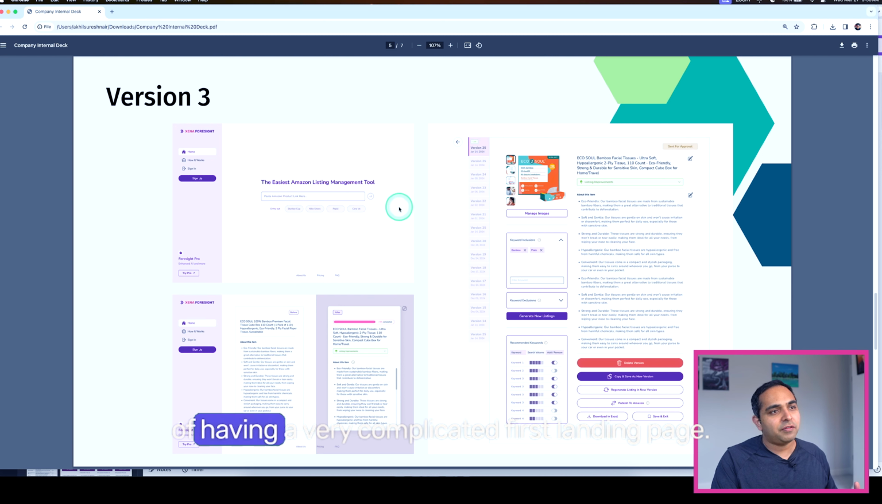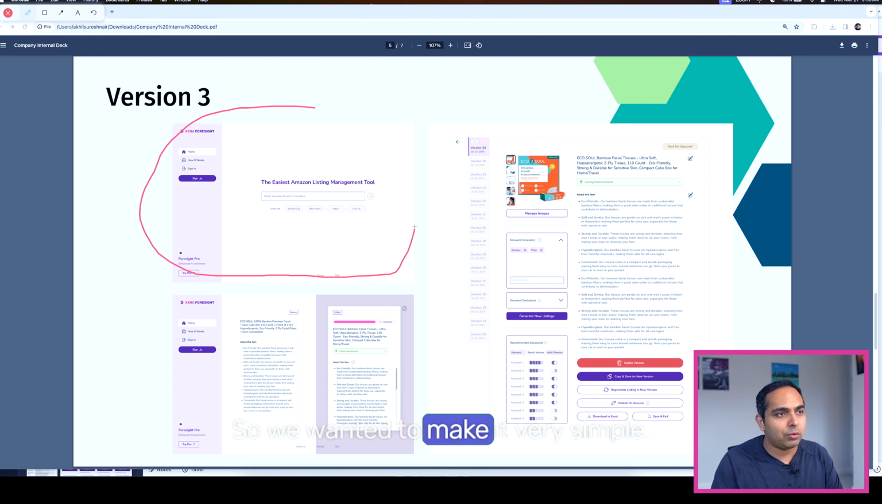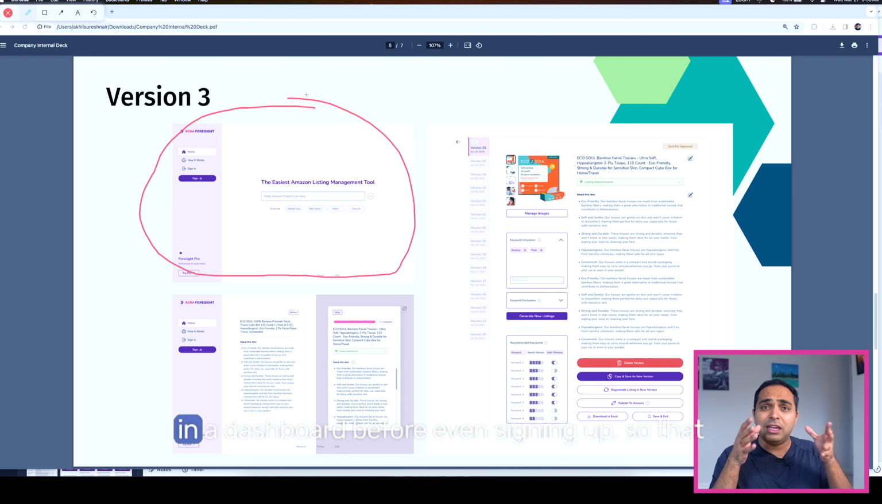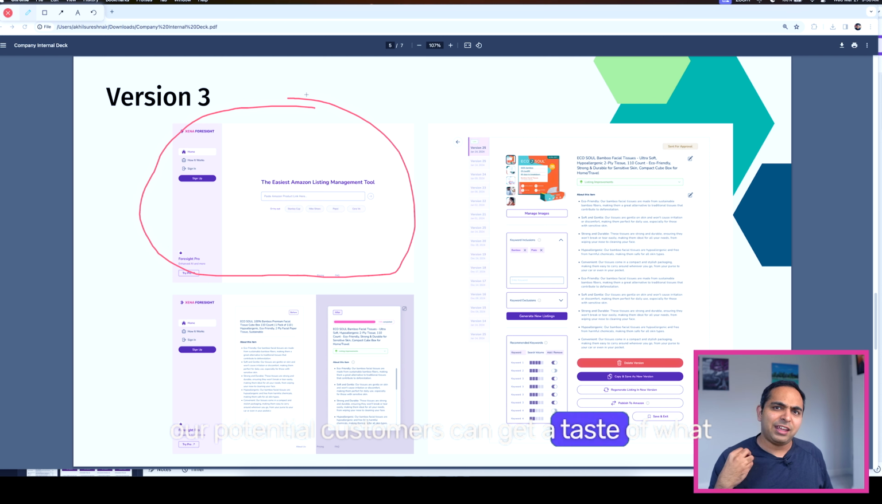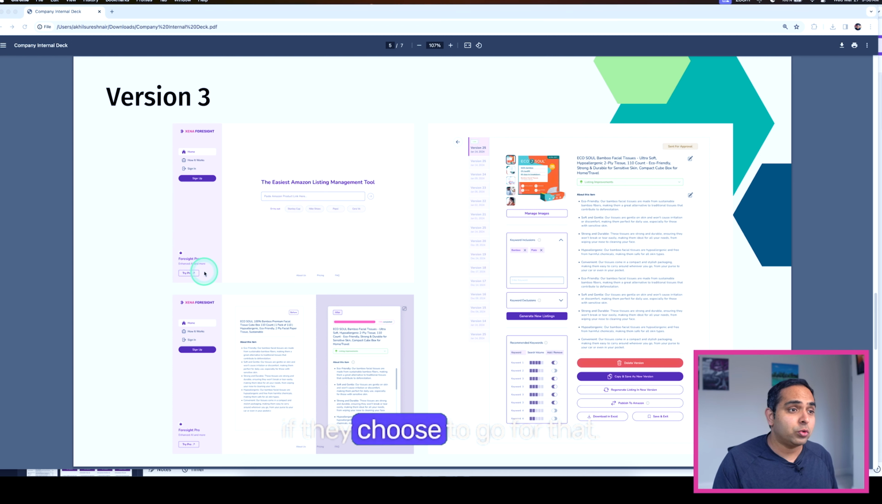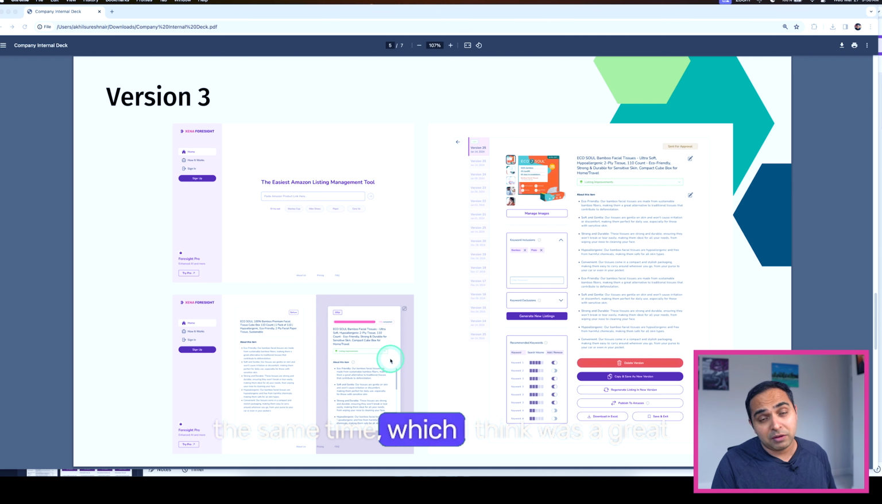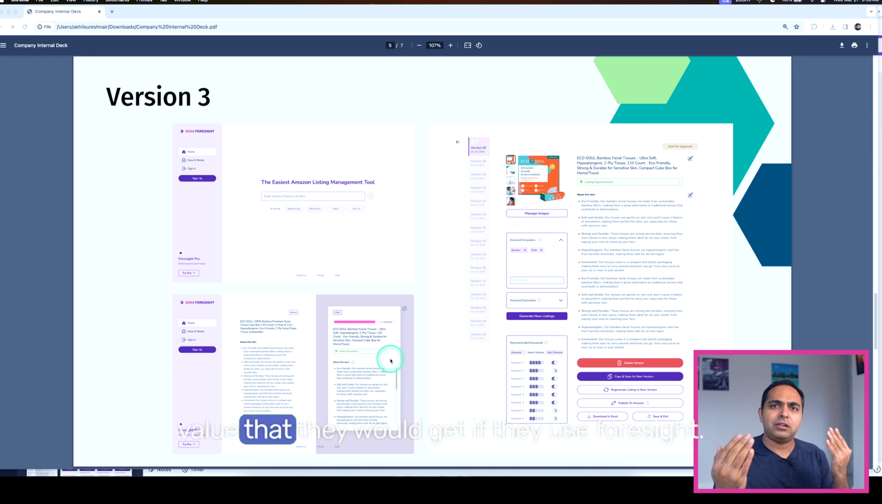Again, instead of having a very complicated first landing page, we wanted to make it very simple. We wanted to give it the feeling of being in a dashboard before even signing up, so that our potential customers can get a taste of what it would look like once they do sign up. We also included a Foresight Pro link if they choose to go for that. And when the new listing is generated, now they can see both before and after at the same time, which I think was a great input, so that they can directly compare the immediate value that they would get